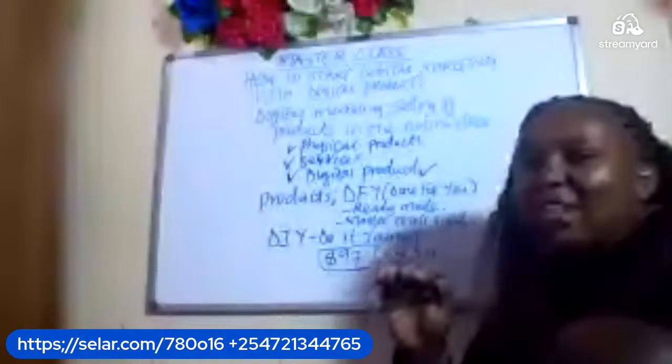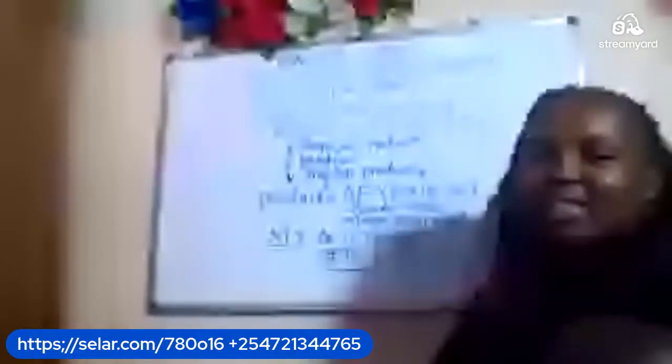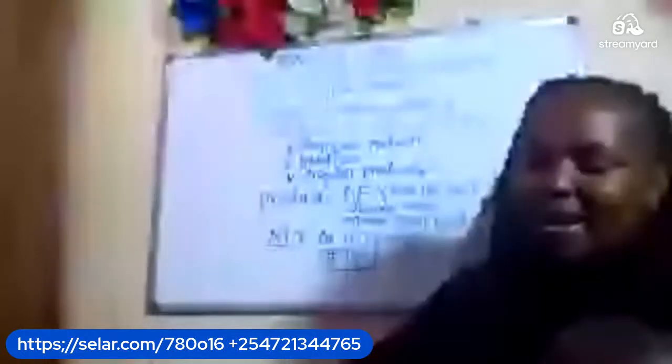So the best option, like I've said, is a done for you. You've also attested that it is a done for you digital product. So all you need is just to practice. It's just to visit the link, nothing much. Visit that link, buy your first digital product, a done for you digital product, and then you can start making money.